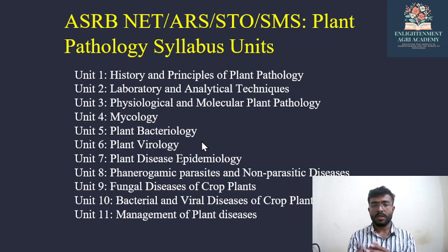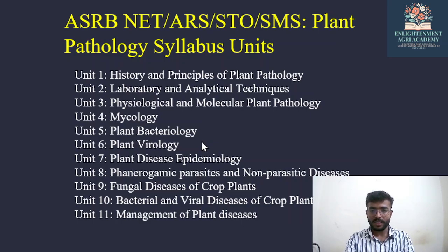Today we will discuss the units, a total of 11 units, and now discuss them one by one in the next slides. So here is the overview. The first unit is history and principles of plant pathology. The second unit is laboratory and analytic techniques. Unit third is physiological and molecular plant pathology. In the fourth unit, mycology. In the fifth unit, plant bacteriology. The sixth unit is